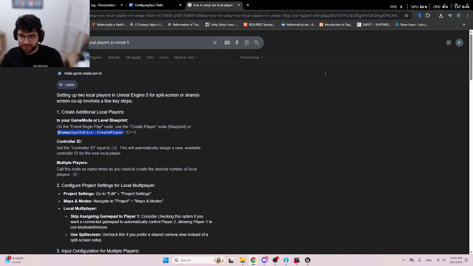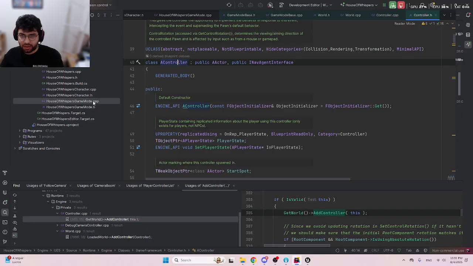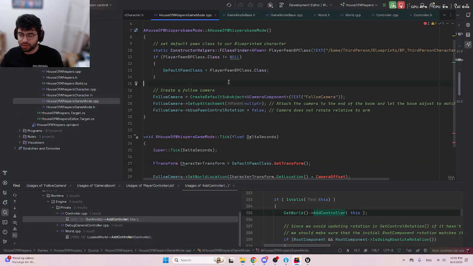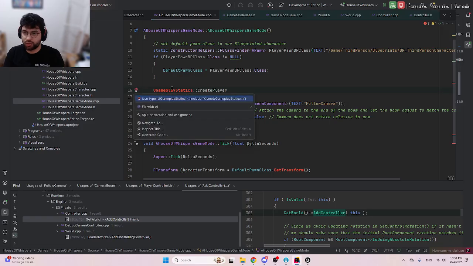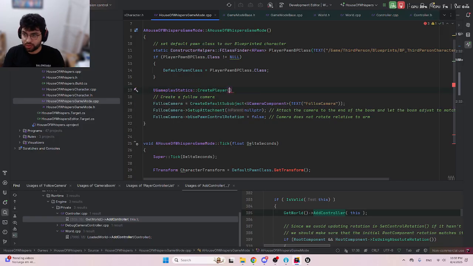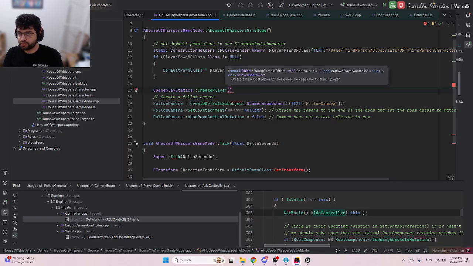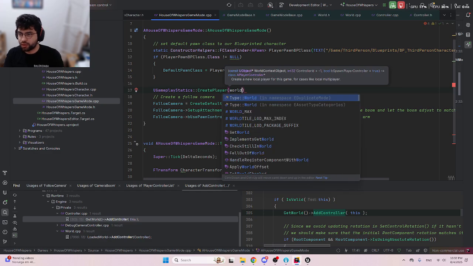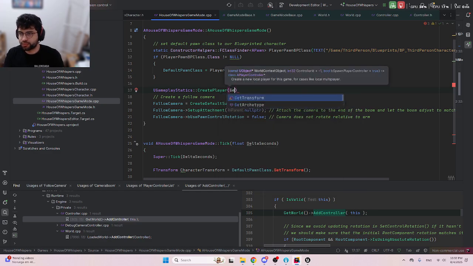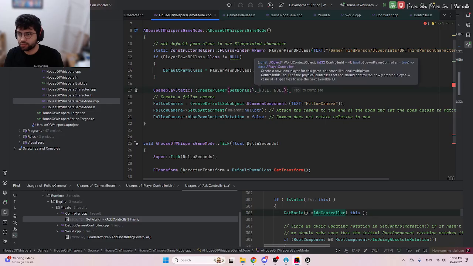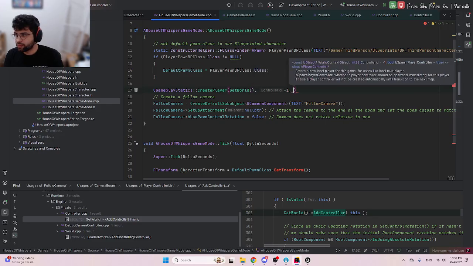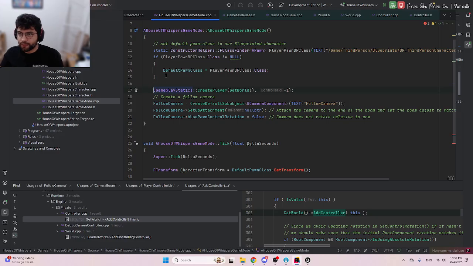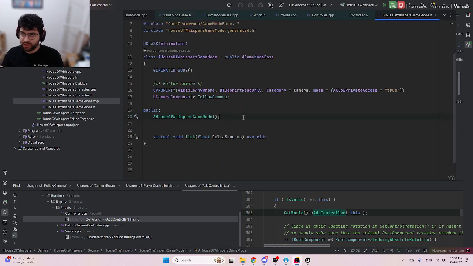I can do something like this in my game mode. I can use this one. Wait, player world. Get world. Controller ID -1. Spawn player controller. True. It's basically this. So let me define